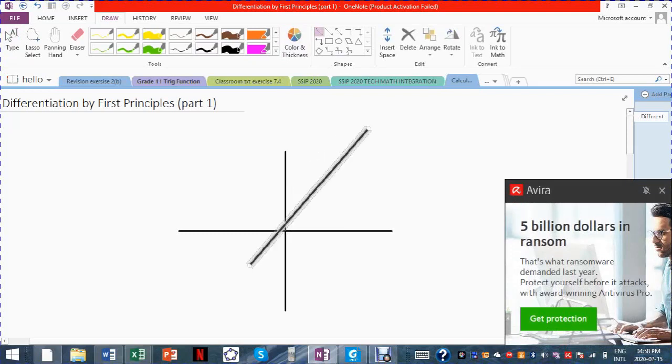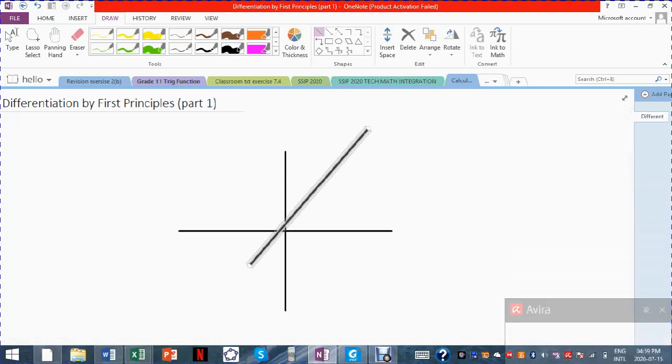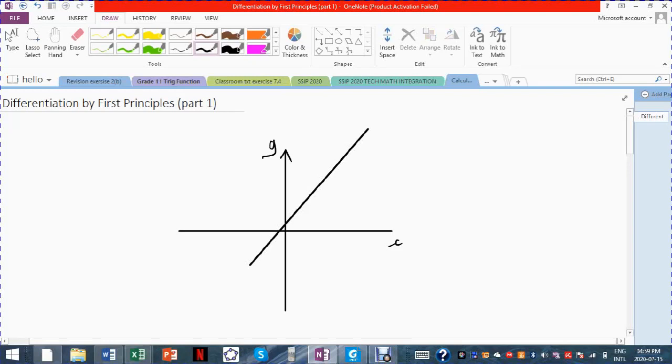We'll have that. Okay, so now we know that our axes are the x-axis and the y-axis in that form. So we know that the gradient of a straight line y equals mx plus c will be given by